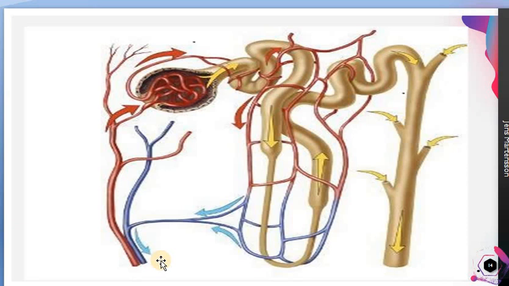The artery and vein, of course, are impure blood and pure blood, based on the composition of oxygen and carbon dioxide. But here, dirty and clean blood is based on the nitrogenous waste, because it is in context with the excretory system. Got it clear? That is why we are saying that statement in a different way here. So here the renal vein is clean, that is, free from nitrogenous waste.